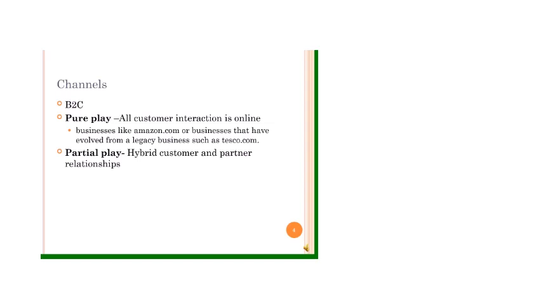Successful online commerce can take many forms. The level of digitization or online activity indicates which type of internet business you're dealing with. Obviously, the completely physical traditional brick and mortar store facilitates all dimensions in the transaction process in a physical form. What I mean by that is that the customer physically walks in the store, physically picks out a pair of shoes to try on, and then physically makes a purchase with cash or credit, and then receives the shoes to bring home. Here you'll see the definition of pure and partial play e-commerce.